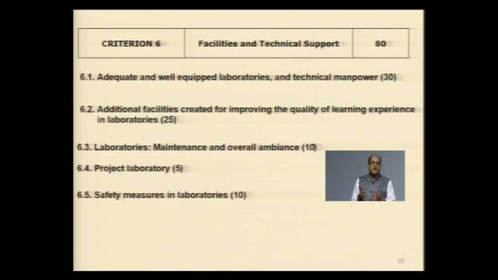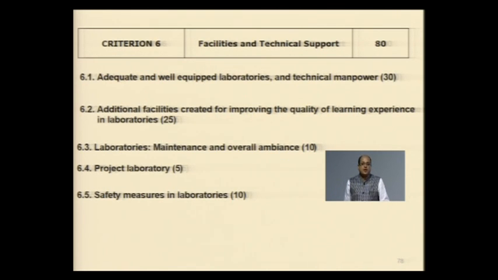Because there is a university-prescribed curriculum, or a curriculum created by the tier 1 institution, to have outcome attainment. But whether the program is looking at creating something beyond, not only confining or complying to the minimum requirement, but thinking something beyond. This can be done in 2 categories. Either you create a separate laboratory, or you create some extra experimental setup, or bring some sophisticated equipment as a part of the laboratory at undergraduate or postgraduate level, give access to all the students, and show how this has improved the learning experience of the students.